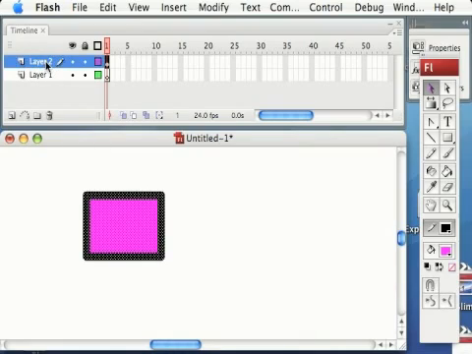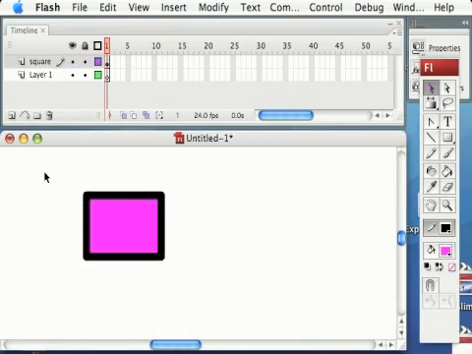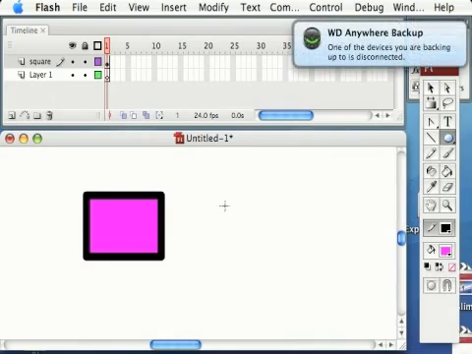So let's click twice on layer 2 and type in square. It's always good to label your layers, or else it can get really confusing really fast. I have animations that have hundreds of layers, and if I don't label them, I'll get very, very confused very quickly. So let's put a circle in,